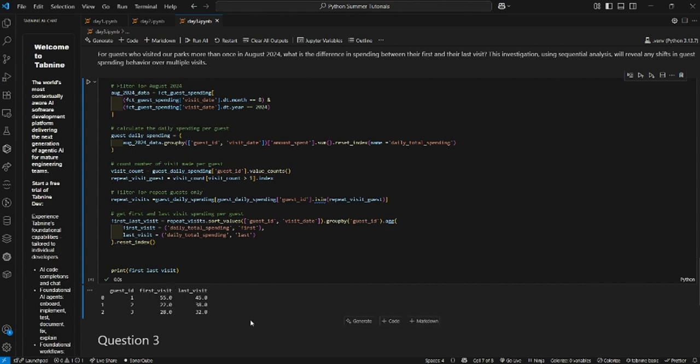We're going to create a new column now that's going to calculate the spending difference. Now it's this minus this. So I'll calculate